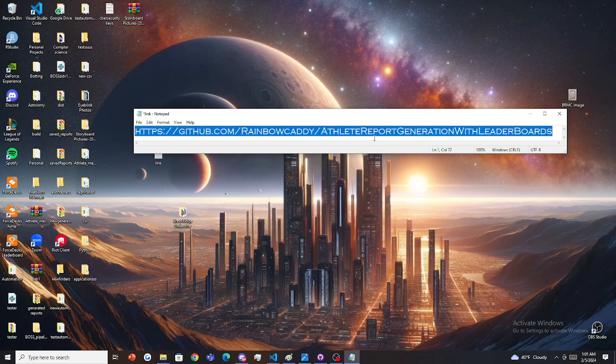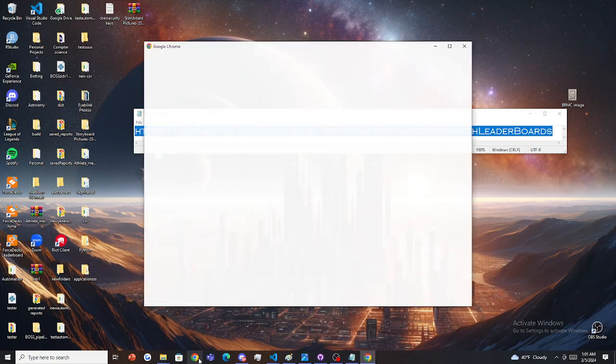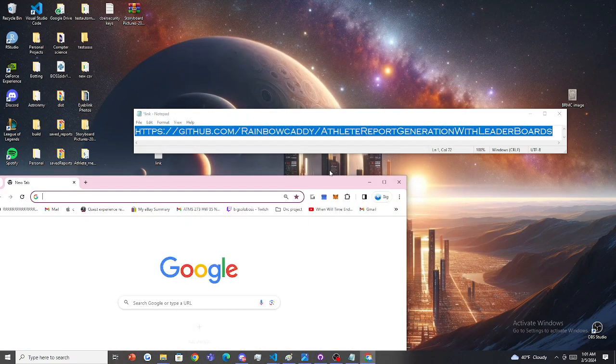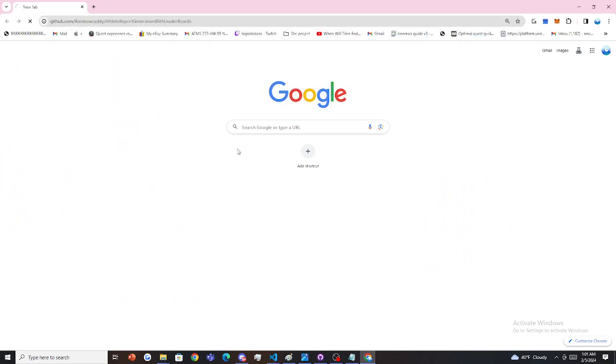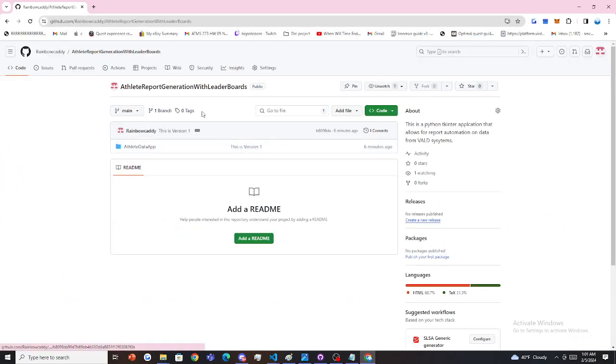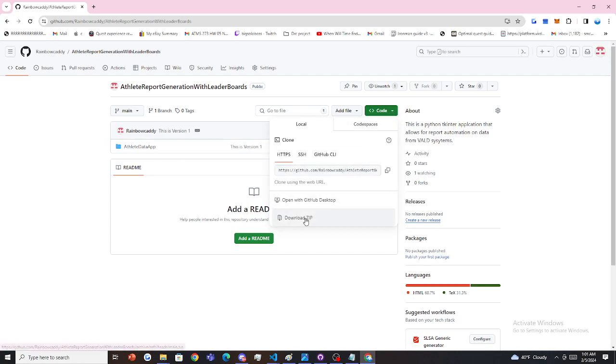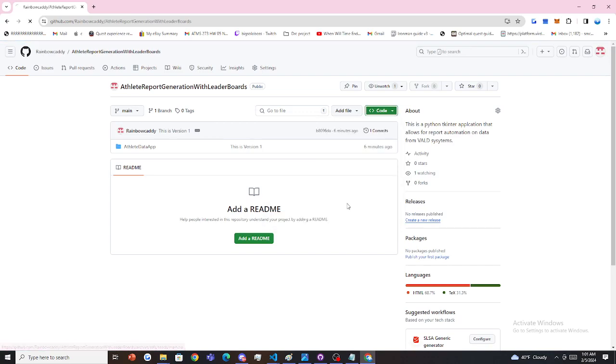So what you want to do is copy this. Let's open up an instance of Google Chrome or whatever browser you use. Paste that in, or type it in, and that's going to take you to this athlete data app. And what you can actually do is click this code button and download zip, and that's how you're going to be able to get it. So, download zip,